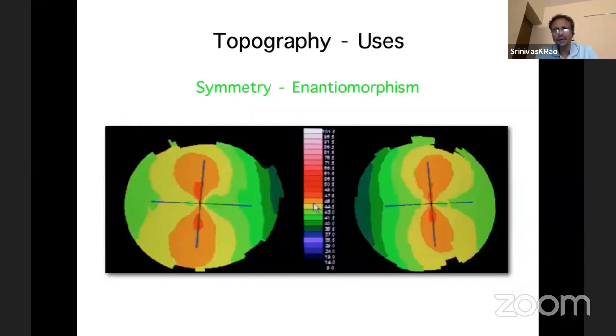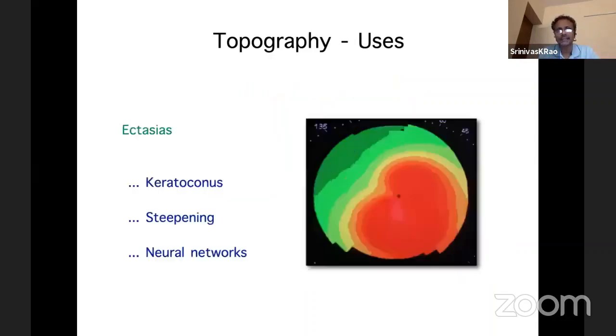The next property of normal corneas is something called mirror image symmetry, or enantiomorphism. If you take the right eye and the left eye maps side by side, and fold down the middle of the paper so they lie on each other, the two maps should align. In keratoconus, one of the early things that changes is this enantiomorphism. The symmetry is lost. So in a keratoconic pair of eyes, the two eyes will not be symmetric, and when you fold, they will not overlap each other like in this example.